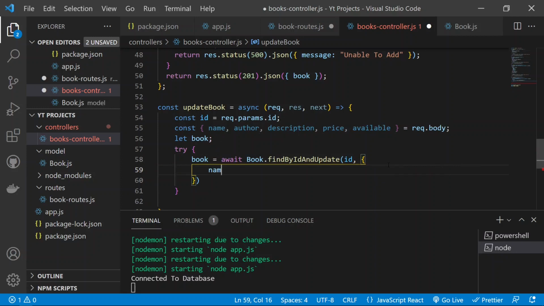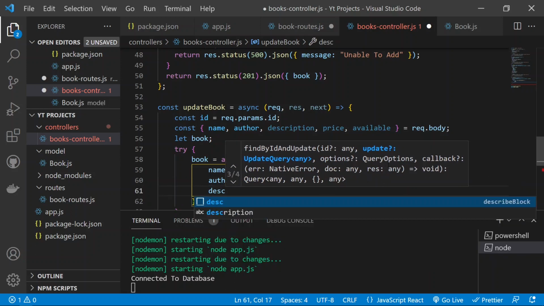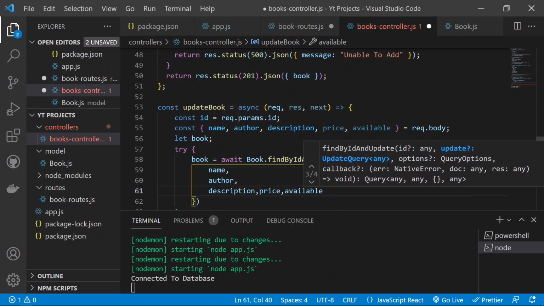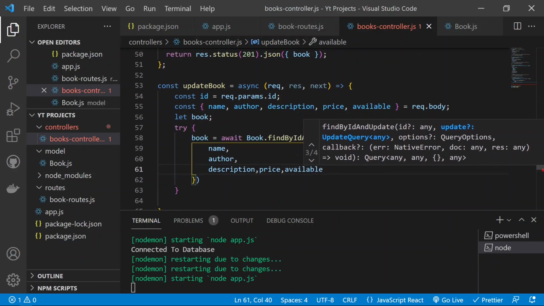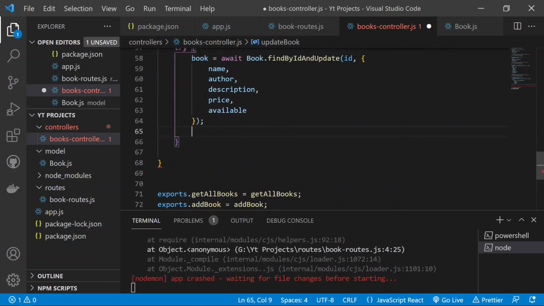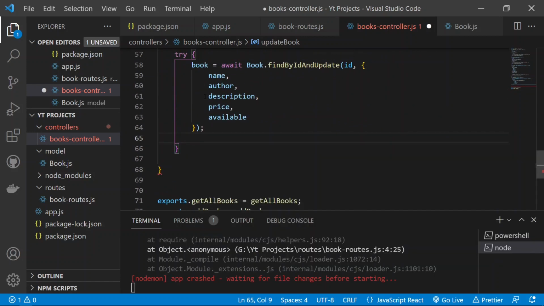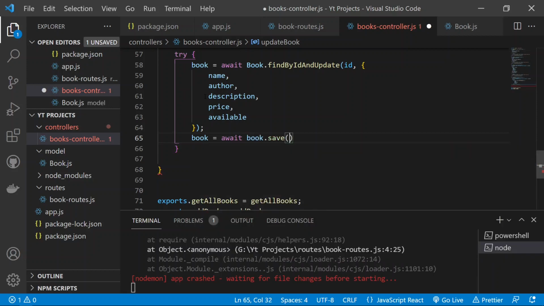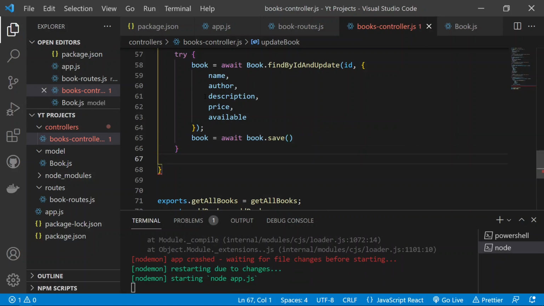which will contain all of the fields which we need to update, like the name, the author, the description, and then the price and the available. So all of the things which we have discussed, they will be added from the request.body. So now this function will update all of the fields which we are adding here. Then we need to call book.save with await, so the book will be equal to the updated value, the await of the book which we hold, dot save. The save function will now save this document,